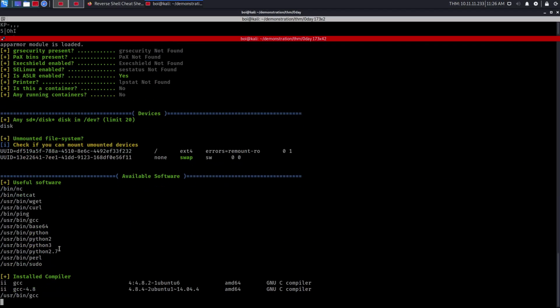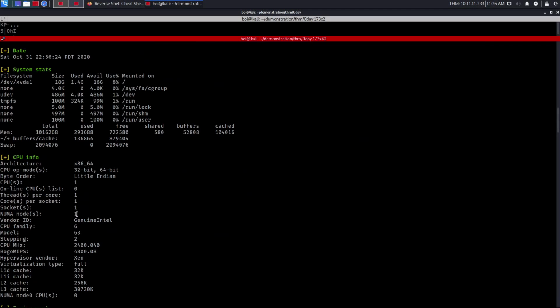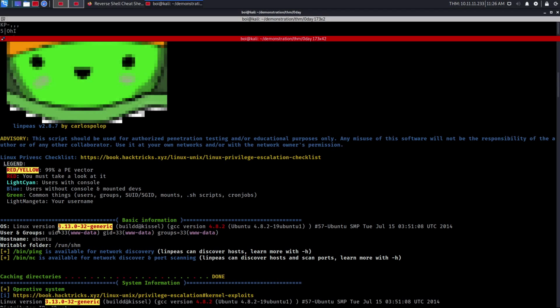Okay, right off the bat, scrolling up, we have a potential privilege escalation vector. This Linux version is very old, 3.13. This was in Ubuntu 2014, 2012. So we can most probably exploit this. We can even Dirty COW this, but Dirty COW exploits are very unstable and might even crash the system. I'm saying that out of both theoretical and practical knowledge, because I tried the Dirty COW exploit myself and I crashed the system twice. So that didn't work for me.